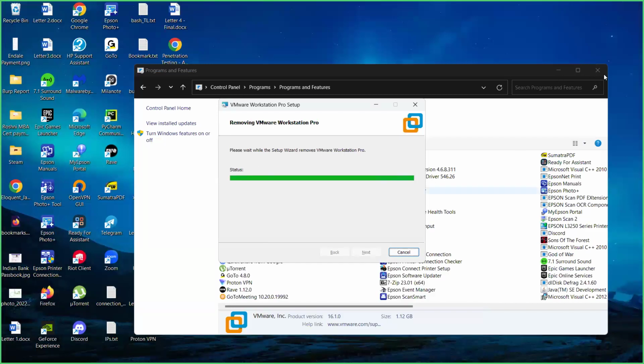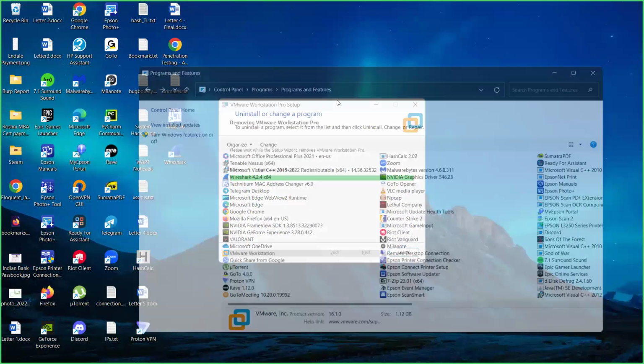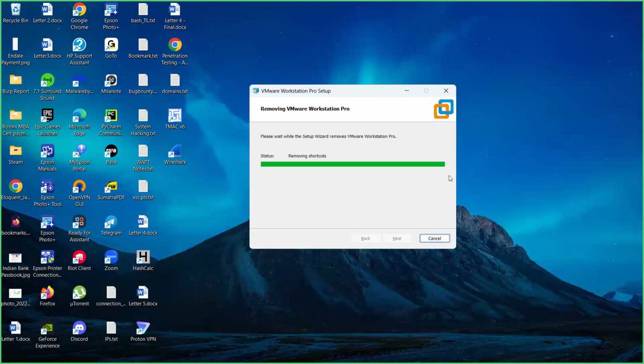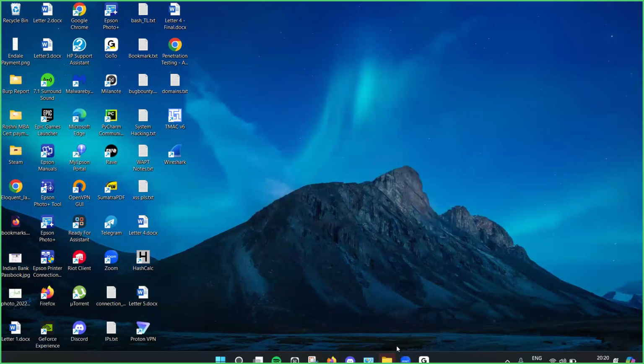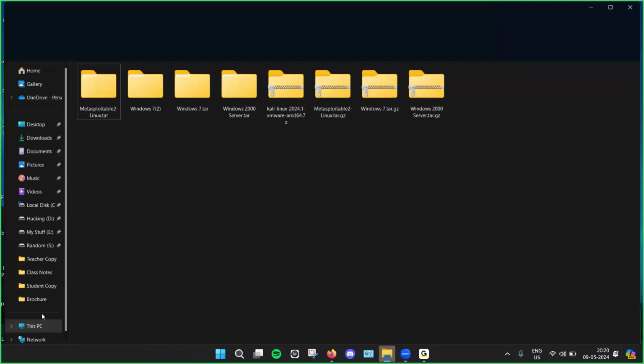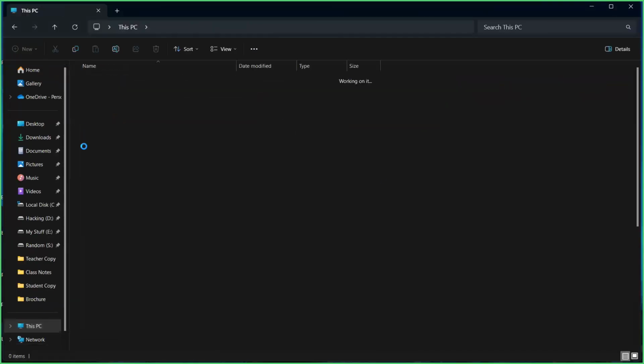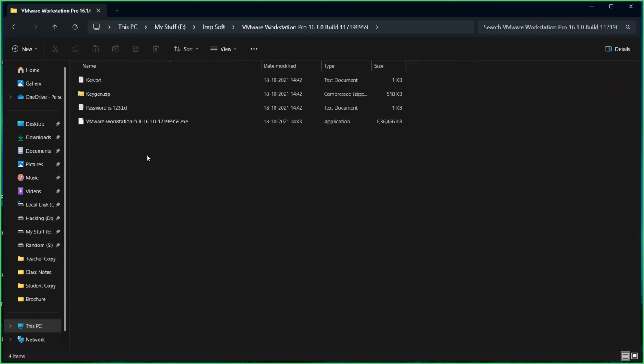Almost done. Yep, it's done. So first things first, when you download that file, guys, this is what it would look like. I have this file already downloaded. So once downloaded, it should be a file of the size 621 megabytes or so. Okay, so this is the setup wizard file. So you would right click on that exe and run it with admin privileges, or run it as admin.